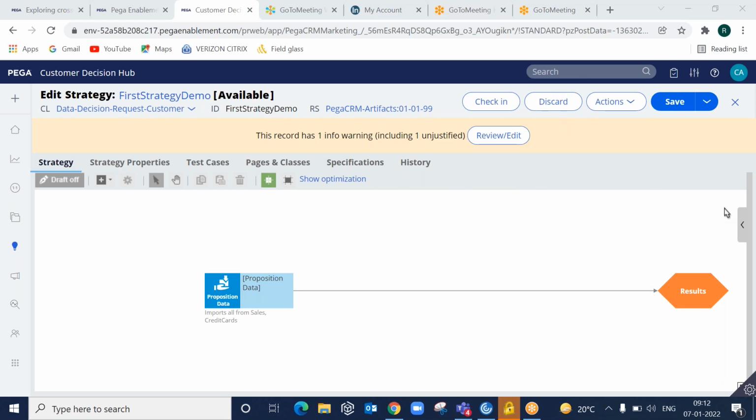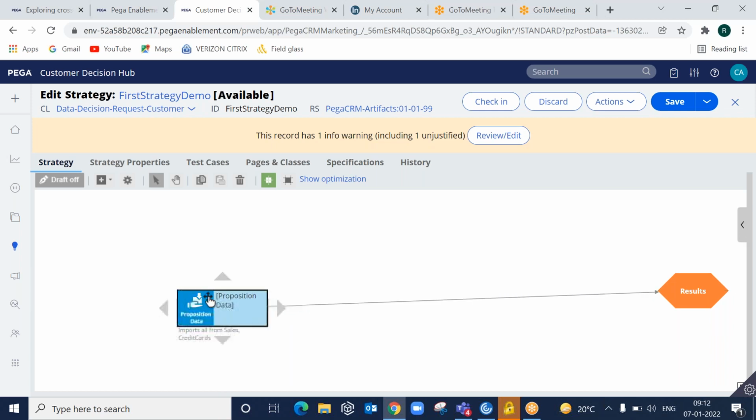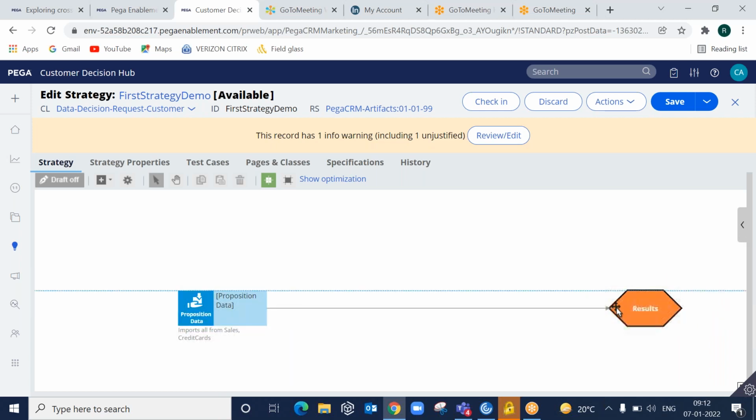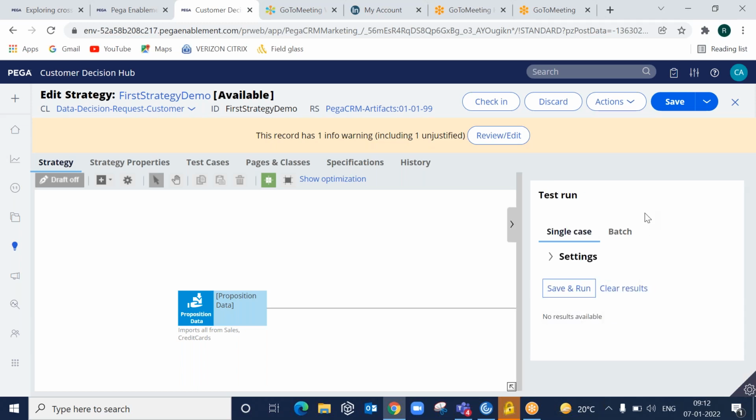Now we can run the strategy by selecting this particular toggle panel on the right side. This is called the side panel. By toggling this side panel, you can execute this strategy. There are two ways to execute the strategy.